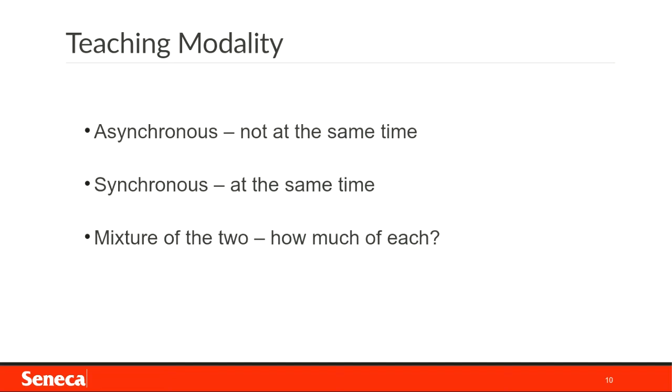And then, of course, teaching modality. When we're looking at asynchronous activity or synchronous activity or a mixture of the two. So asynchronous means not at the same time. So you can design a perfectly viable, excellent online course that doesn't have any synchronous component, where you're just providing the environment, providing the guidance, interacting in an asynchronous manner, which means not at the same time. You could also then decide, well, I want to put some synchronous components in there, such as what we're doing right now through a Collaborate or a web conferencing system. So you might look at, maybe I'll do online office hours,